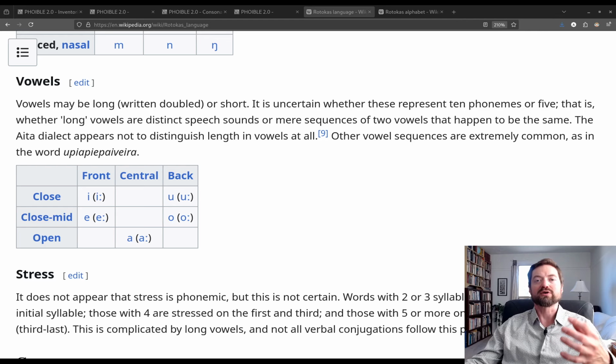They have some kind of redundancy so that it's even easier to tell the difference between different words. We don't just say cat and dog and not cat and da, because having that little sound at the end adds a little bit more distinctiveness to these different words. But there it is, Rotokas,